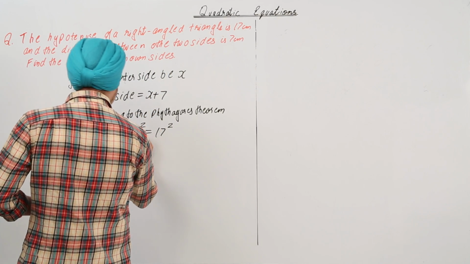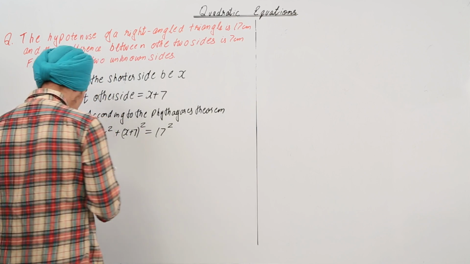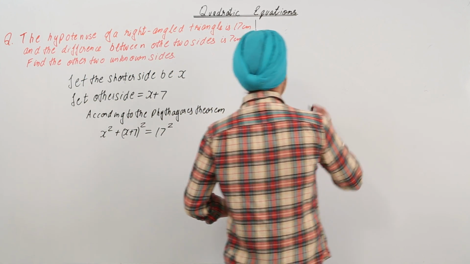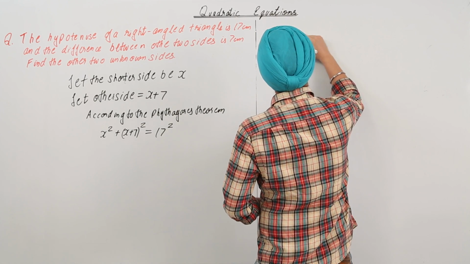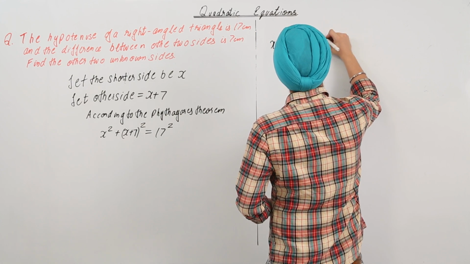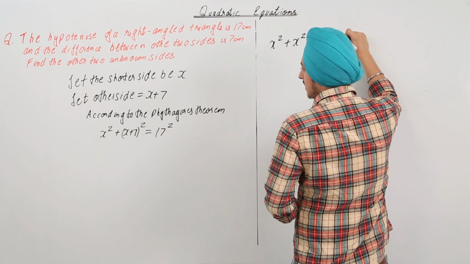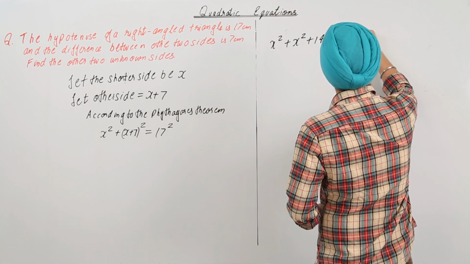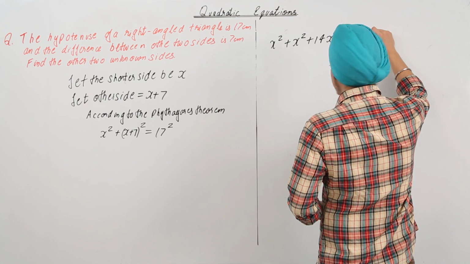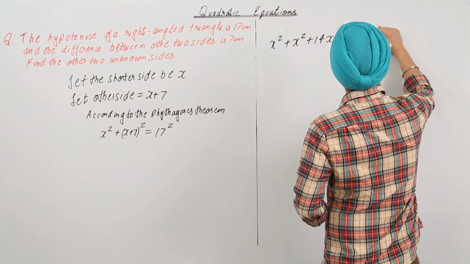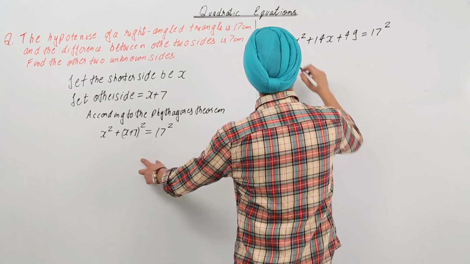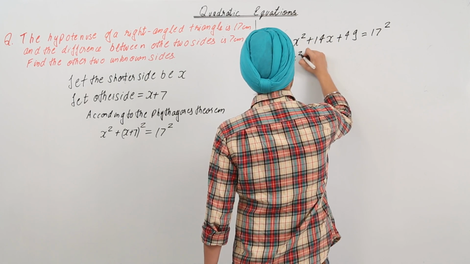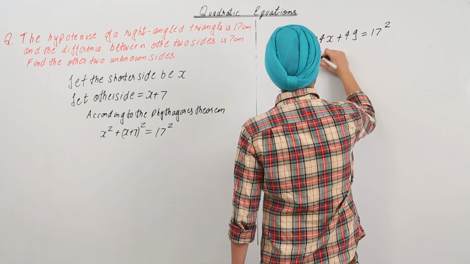So if we get this equation, what do we get is x square plus x square plus 14x plus 49 equal to 17 square. So we have 2x square plus 14x